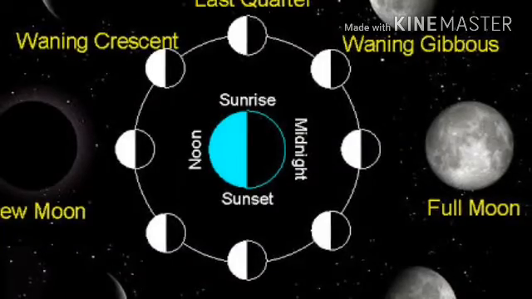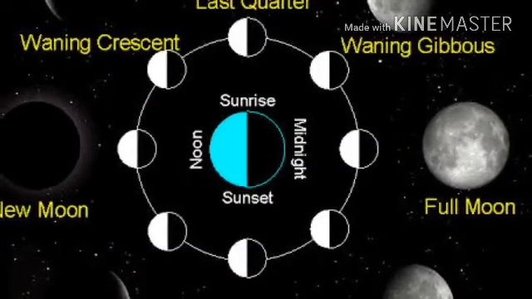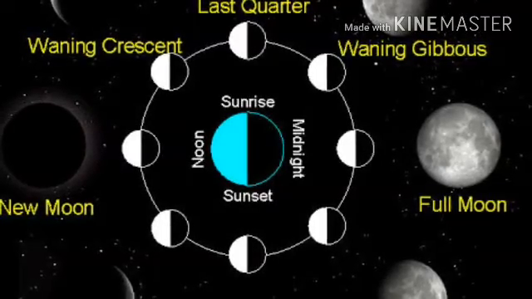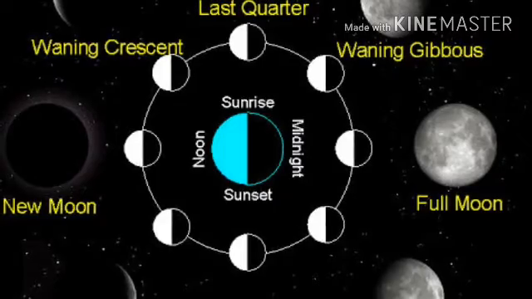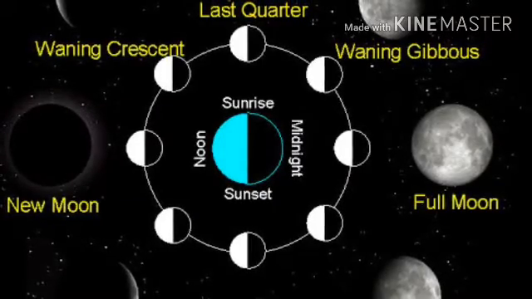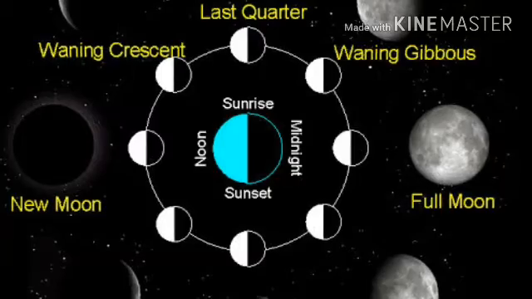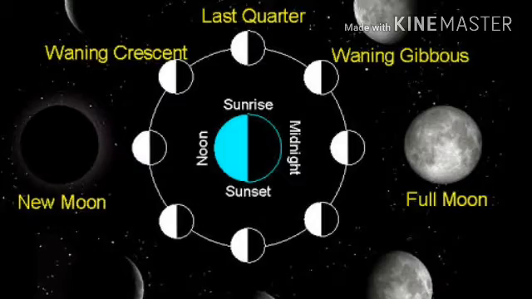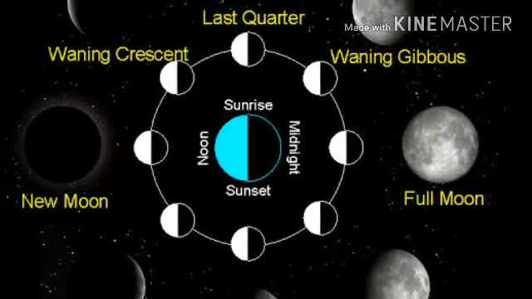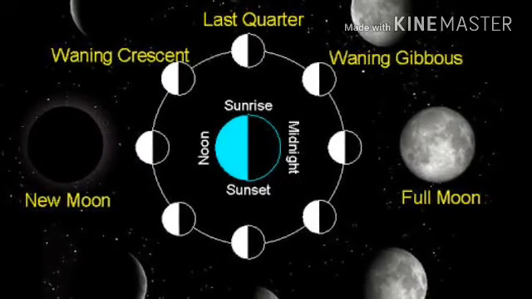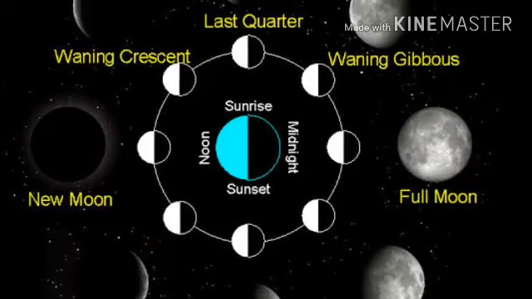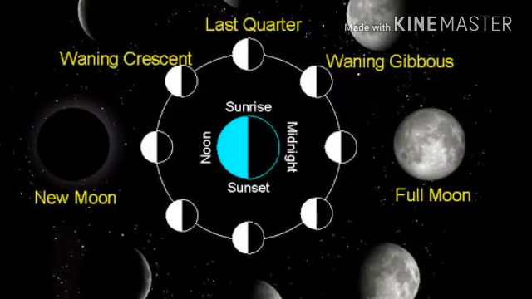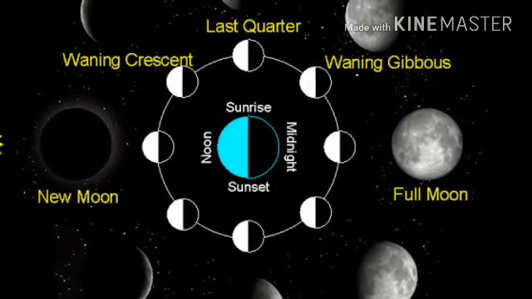New moon, right? New moon day and full moon day. On the left side they have given new moon day, on the right side they have given full moon day. You have to compare the central circle along with the surrounding one, right? So when you look at this you are going to get a clear idea about how we get different phases of the moon. Sometimes the moon appears as a small crescent, and it becomes a half moon, right? And later it becomes a full moon.